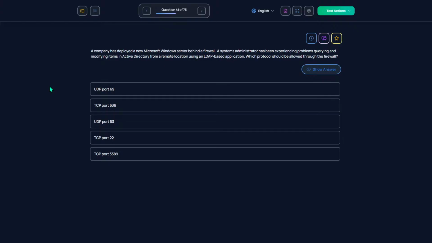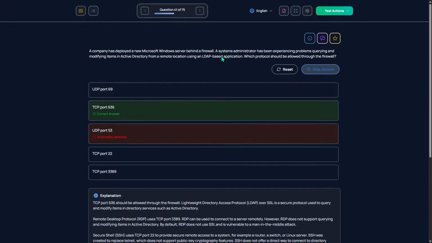Which protocol should be allowed through the firewall? UDP port 53? Oh, TCP port 636.